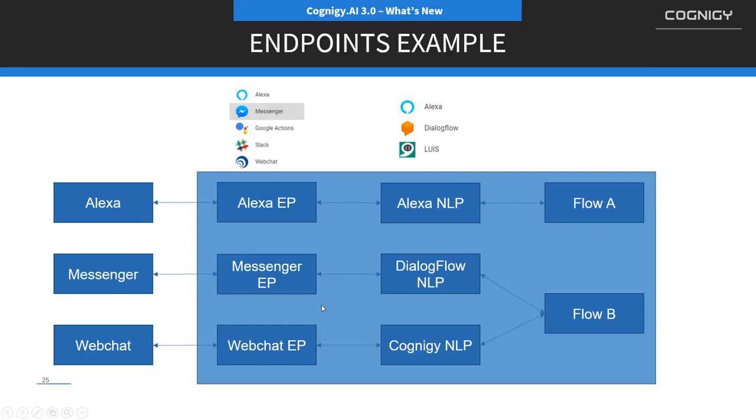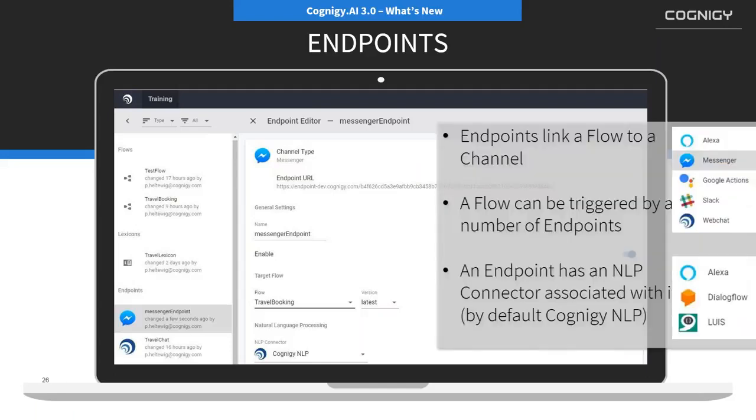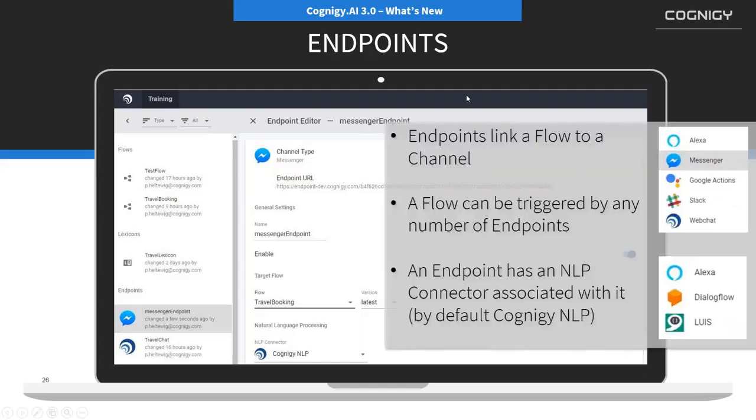You can say, okay, messages coming from Messenger are using Dialogflow to detect the intents and so on. Messages coming from WEBCHAT are using Cognigy. Or you could have both use Dialogflow, and then they both talk to the same flow. And I will show you how this works in a second directly within the tool. You configure them within the project, and you show directly where it should point to the flow and so on. So the endpoint links a flow to a channel,